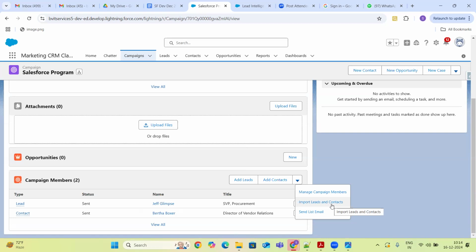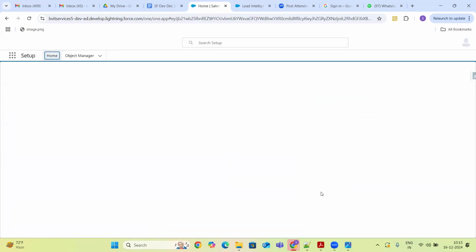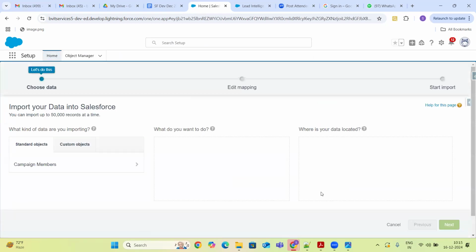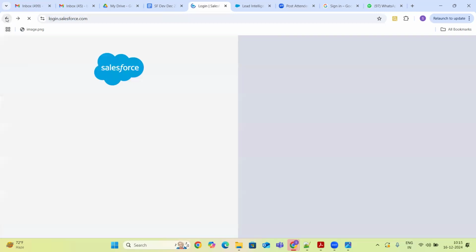And send list email is for when we would like to send an email to all these campaign members; then we can use the send list email button. When you click on manage campaign members, this is the place where they can import the data, sorry, this is import campaign members.